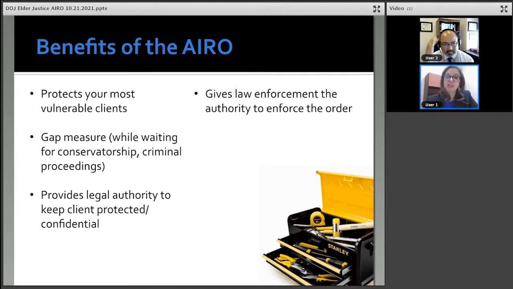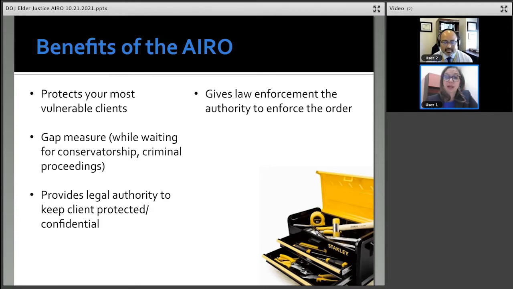It gives the legal authority to help protect the client. So I don't know if you've ever experienced this, but we've had times where our client is hospitalized and we're asking the hospital, can you please not allow this person to visit? Can you please, because we were afraid that they were going to check them out AMA, can you please register this person as Jane Doe, just so that it's not as easy to locate them. And the hospital is hesitant, right, if there's no legal paperwork that allows them to really do that. And so by having this paperwork in place, the hospital or other facilities really have the information they need to adequately protect and safeguard our client.